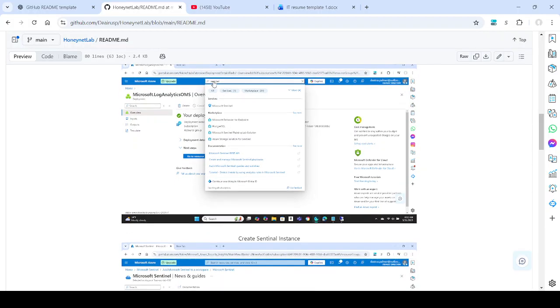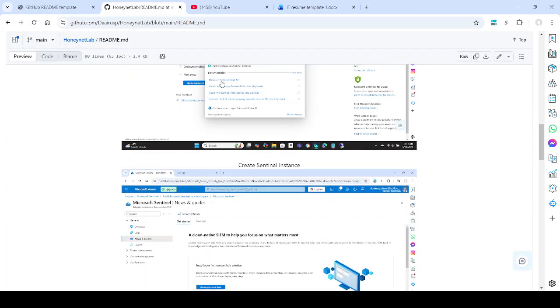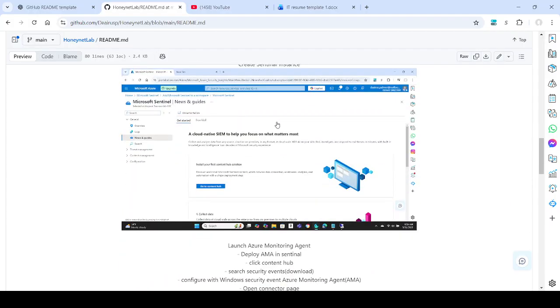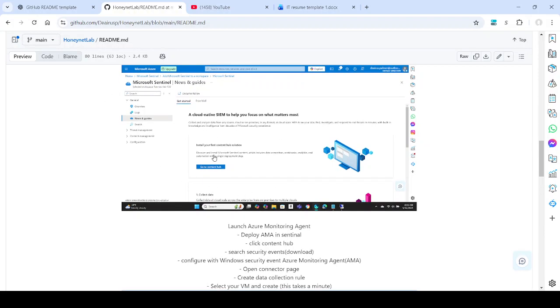So search for Sentinel and create the Sentinel instance. And Sentinel is the SIEM used. So we created the Sentinel instance. From there,